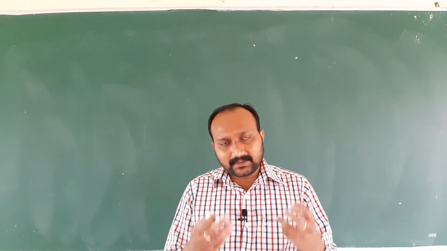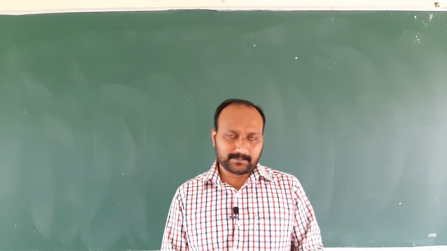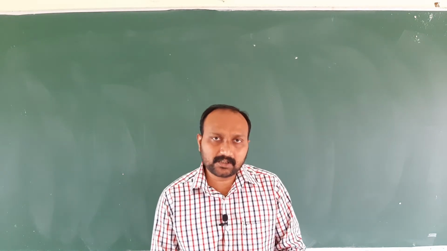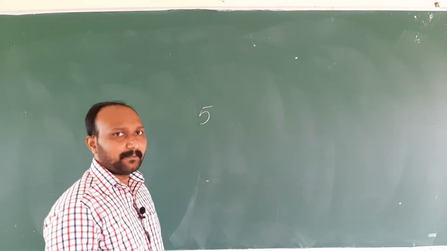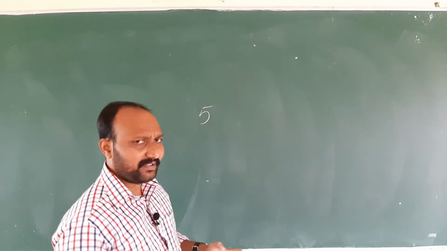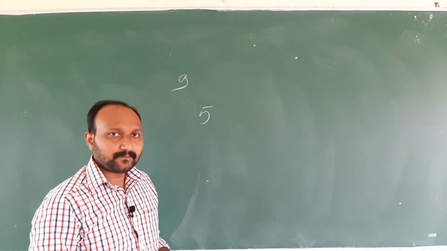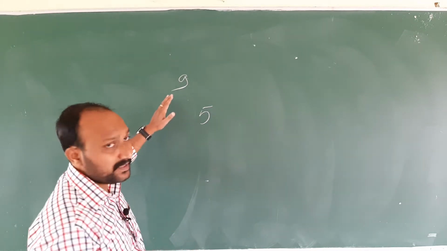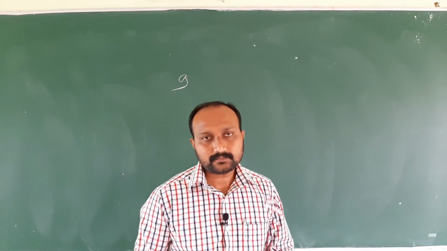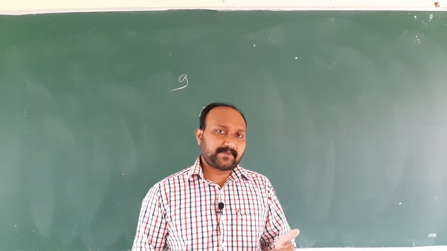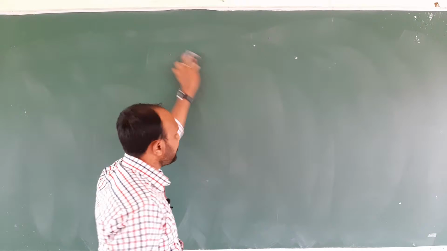So before starting with number systems, let me tell you what is a number. Number is nothing but a certain symbol which is having a predefined meaning or which is having its own value. For example, 5 is a number, it is a symbol actually. This symbol is having its own value. Similarly, 9 is another symbol. So what is a number then? Number is nothing but a symbol carrying a specific or a predefined value. In number system, there are two types. The first one is positional number system and the second one is non-positional number system.